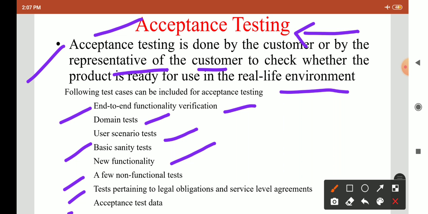So these parameters are checked by the customer.